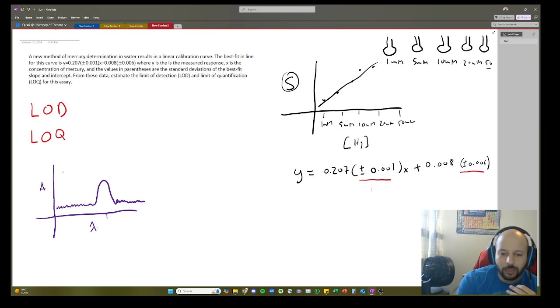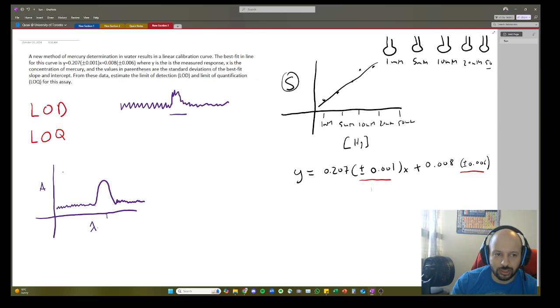But how do we know that it's exactly our analyte of interest absorbing at this wavelength, and how do we know if this is a signal or just a part of the baseline? Sometimes the baseline is like this, and you could imagine getting something like this, and you'd question whether that is a signal or just part of the noise of the baseline. So the limit of detection is the